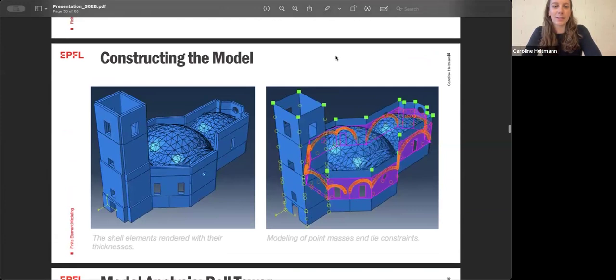So now looking at the model itself, obviously the walls are rather simple to model. The bell tower, because of its reconstruction at various points in its history, actually goes from almost 2 meters of thickness at the base to a mere 80 centimeters of thickness at the top. So to capture this, I stratified the walls of the bell tower, and then I did a complex vaulting system